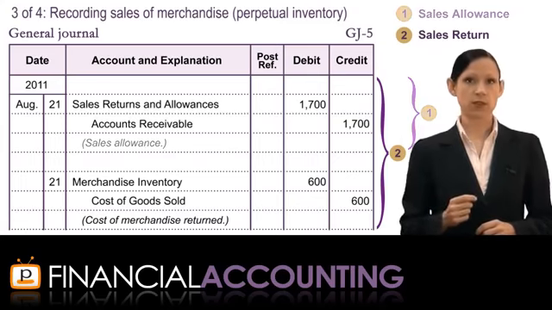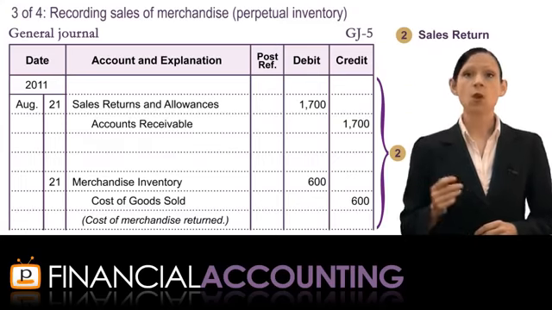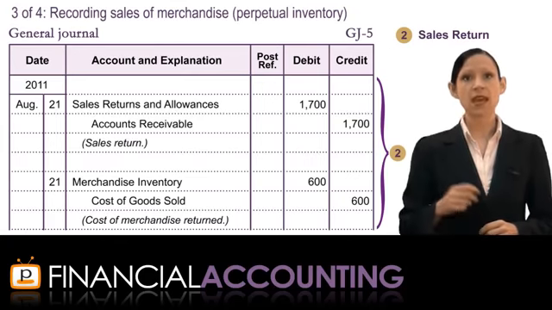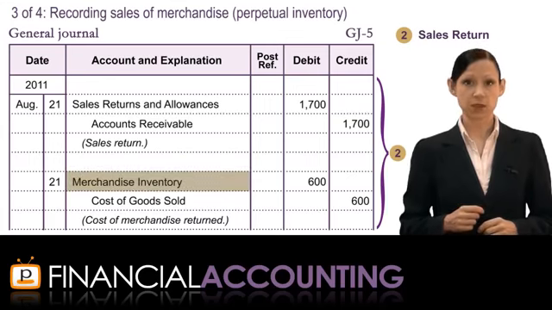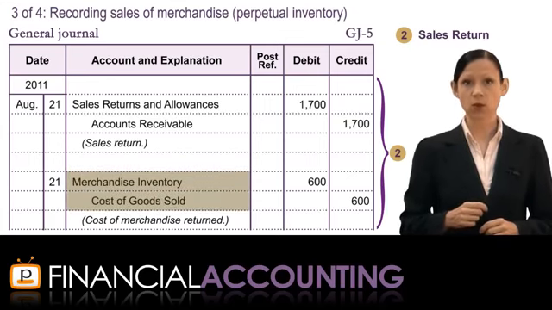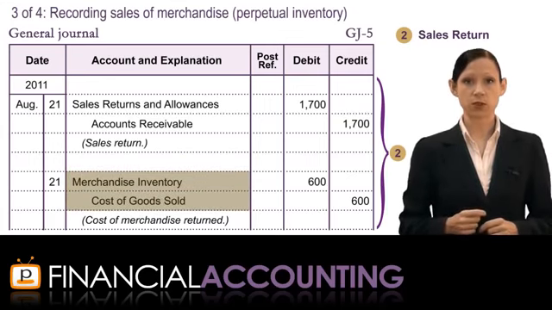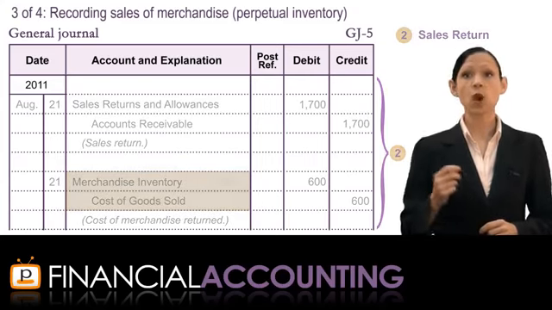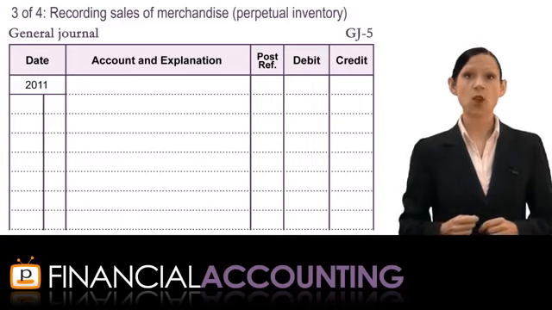Under the perpetual inventory system for a sales return, we also have to update the merchandise inventory account to reflect that we have received the inventory back from the customer. This is done by debiting the merchandise inventory account and crediting cost of goods sold for the value of the inventory returned. The final sales transaction we cover today is when we offer customers a sales discount for early payment